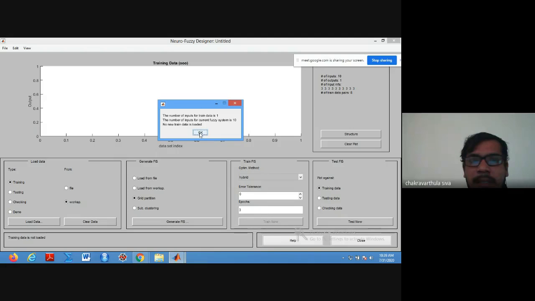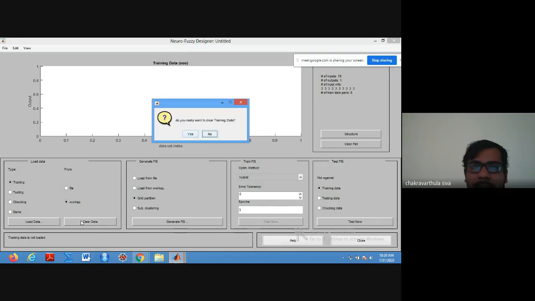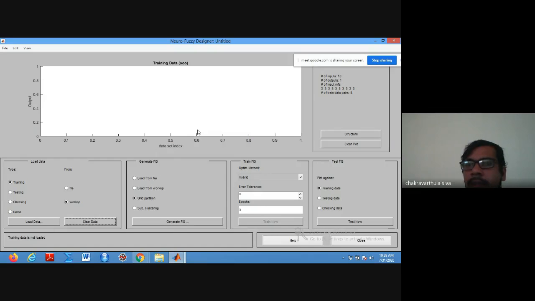It's not clear. New data is loaded. Load from workspace, load from clustering. Okay, file name, workspace. I have cleared already. Then why again? Yeah, sorry, I did not click on clear plot. Clear plot.